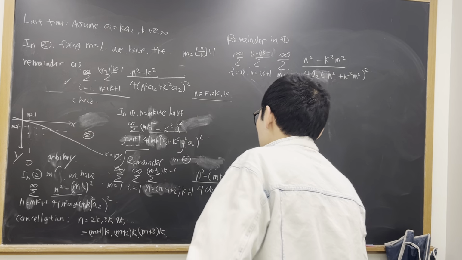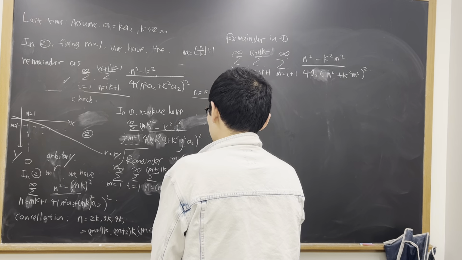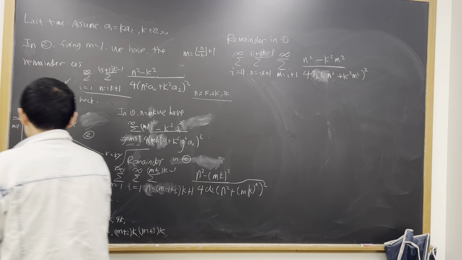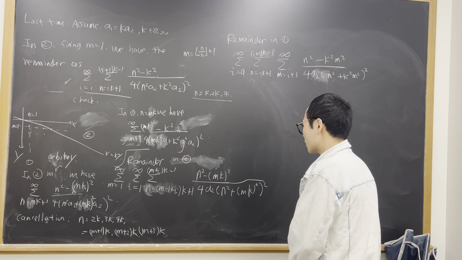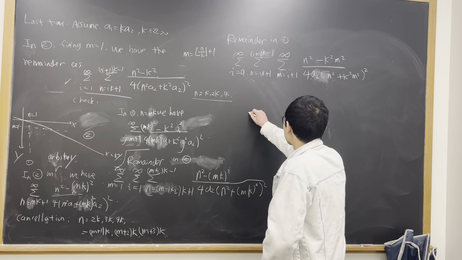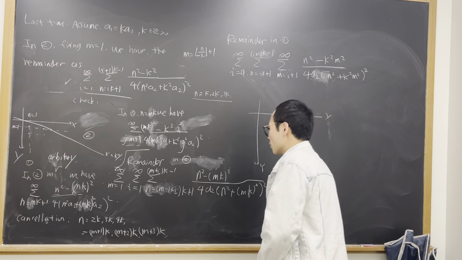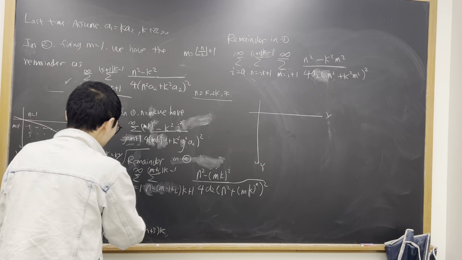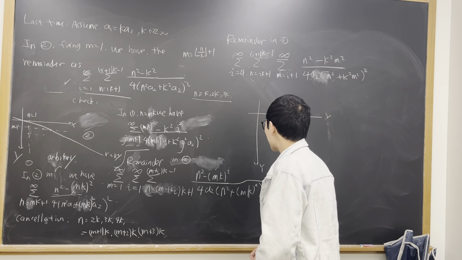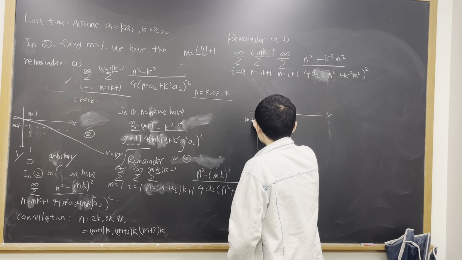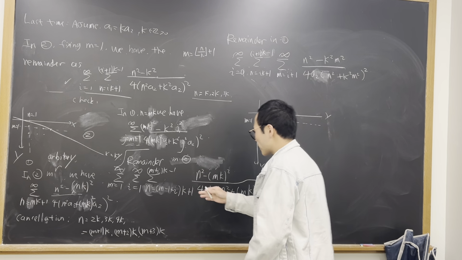Yeah, so let's try to write them out on the graph to see if there is any connection that we can find. So first, let's start with m equal to 1 here. So when m equal to 1, so what we get here is that